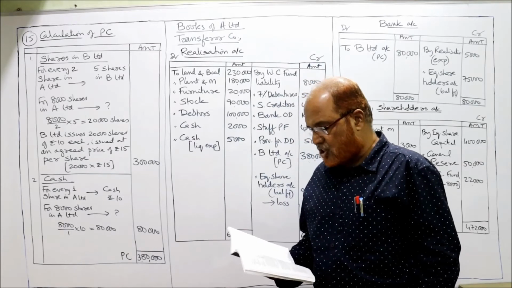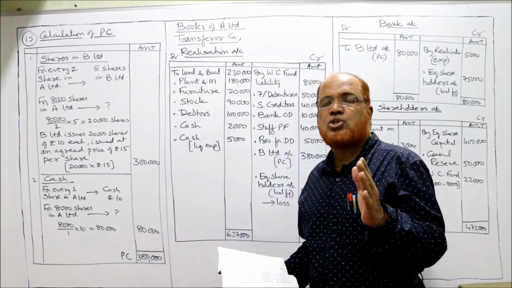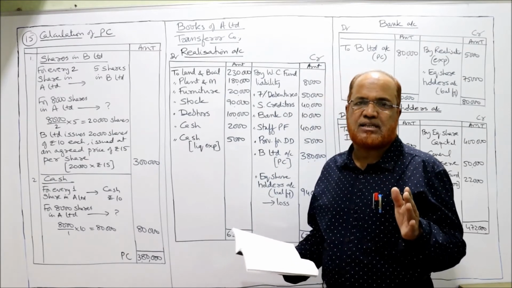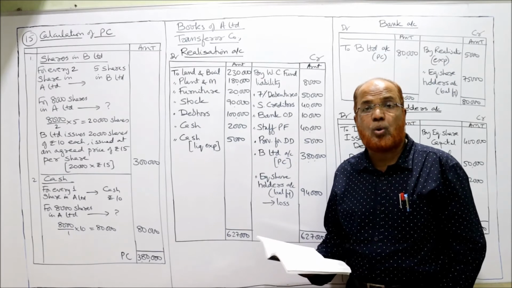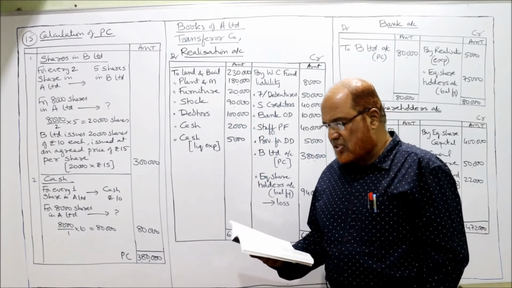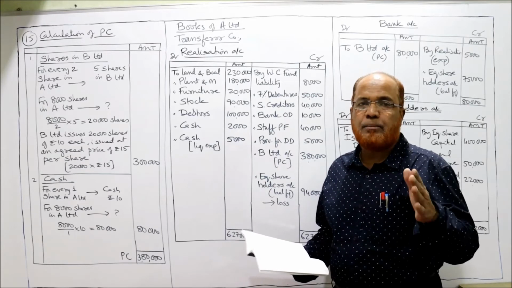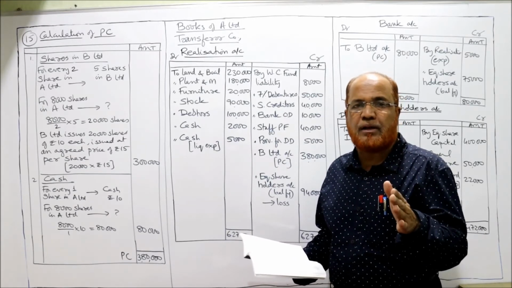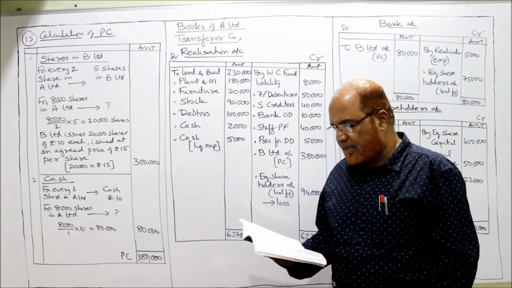then cash 2,000, discount on issue of debentures. This discount on issue of debenture is a fictitious asset, imaginary asset. It will be transferred to equity shareholders account. The business of A Limited is taken over by B Limited. So B Limited is a transferee company. A Limited is a transferor company, vendor company. On that date, the purchase consideration is to be